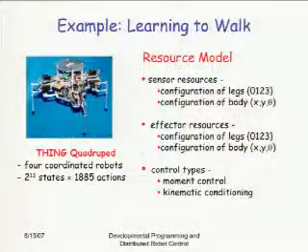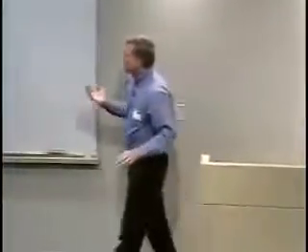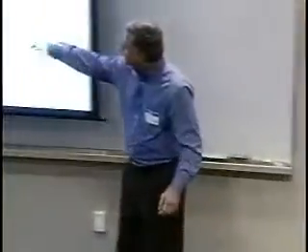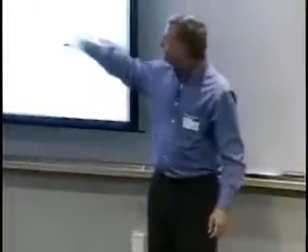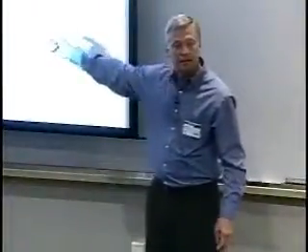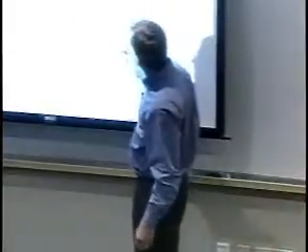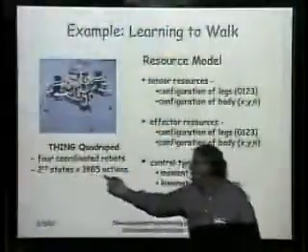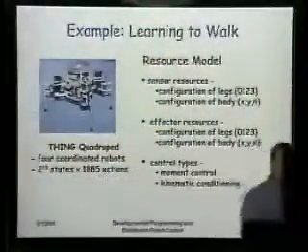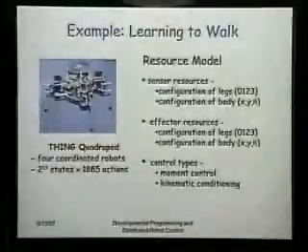All right, so here's an example. This was Thing, the first example we did. It's a little servomotor, four-legged, 12-degree of freedom quadruped. We have a resource model that allows us only to allocate in terms of effectors, tau, 4 legs, not the individual joints in the leg. And as a result of a design I'm going to talk about in a few seconds, it led to 2 to the 13th states and 1,885 actions possible from each state. Just as a margin note here,